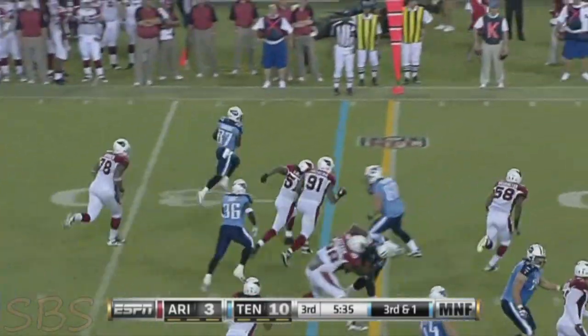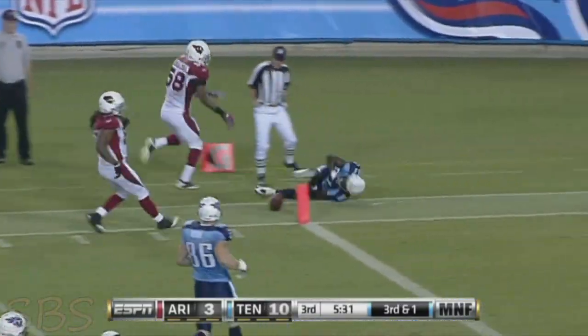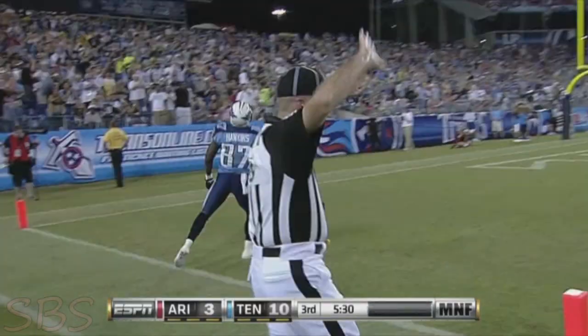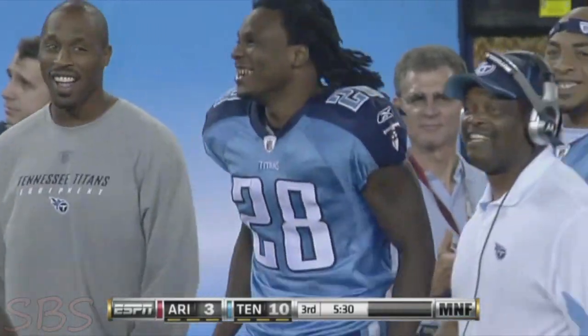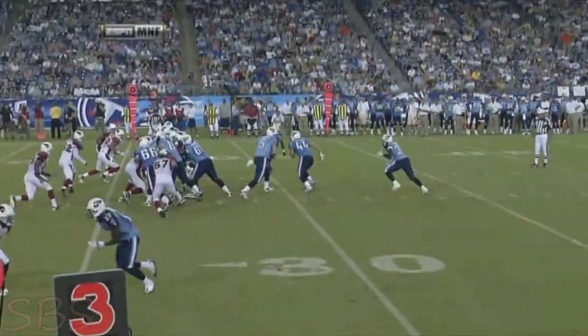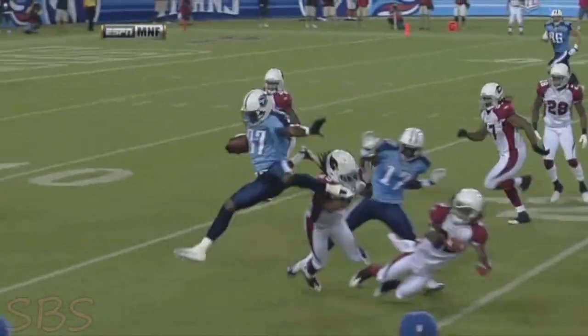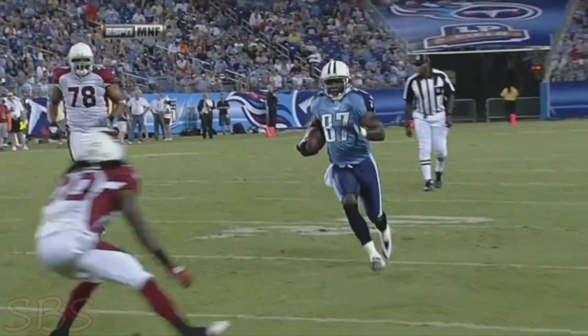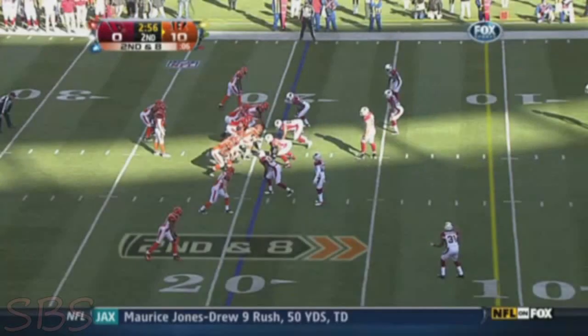Reverse action. Lavelle Hawkins hurdling players. Diving for the goal line and shy. What a job by Hawkins. When you start getting some backup players in there, we're going to over-pursue on 3rd and short, try to make a play. Lose contain. Watch this. Over the top. Almost takes it to the end zone. You know, Lavelle Hawkins played at Cal with the...